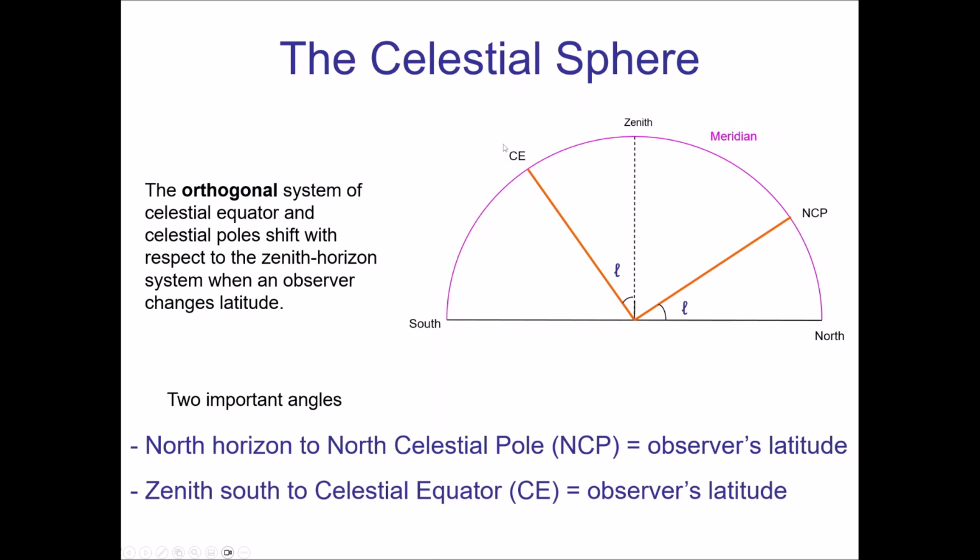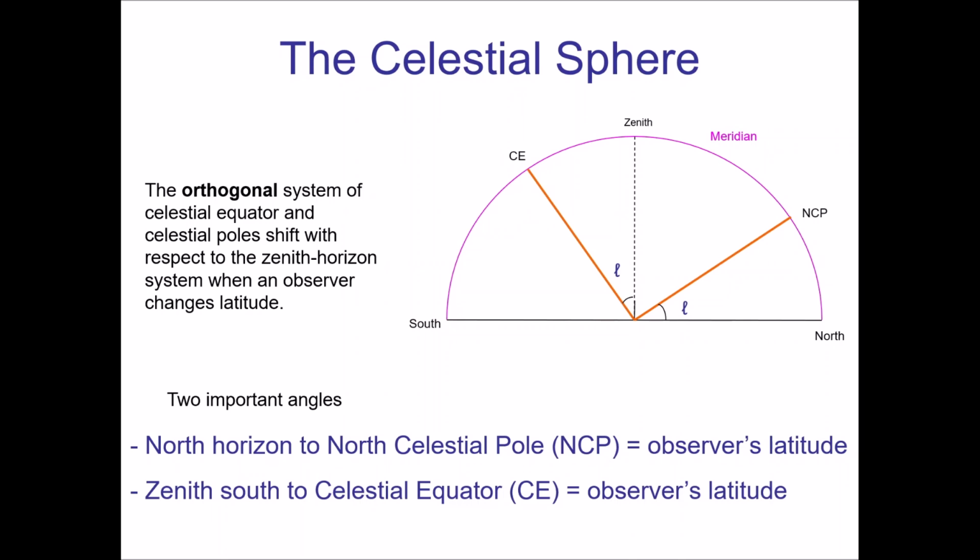And the celestial equator here, which is CE, remember that's a line. It's the projection of Earth's equator into the sky, and it's a line that goes from east to west, and it crosses the meridian at a location that is down from zenith. And in fact, the position of the north celestial pole and the celestial equator are a function of an observer's latitude. Right? North celestial pole lies above the horizon by an angle that's equal to your latitude, and where the celestial equator crosses the meridian is going to be your latitude down from zenith.